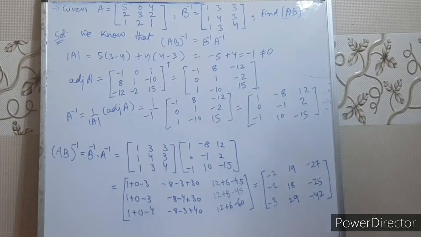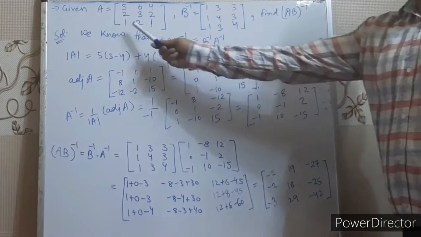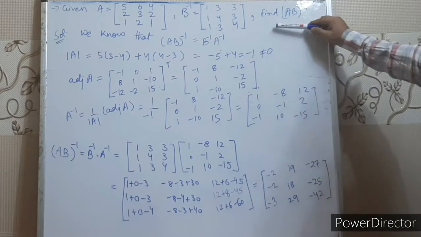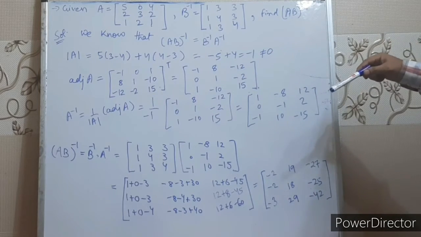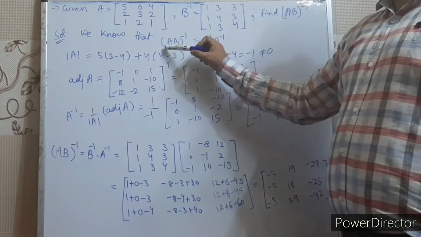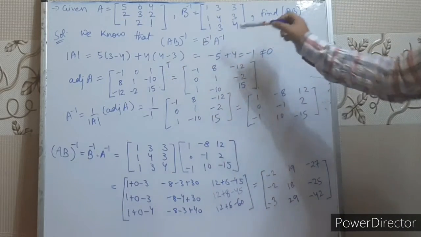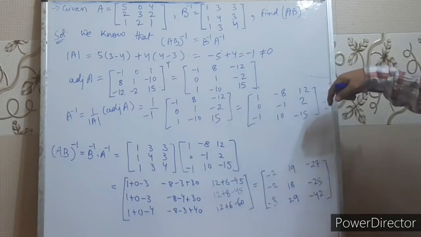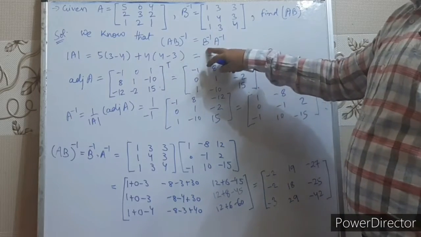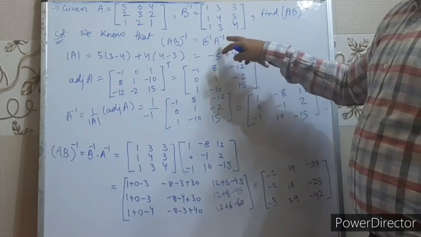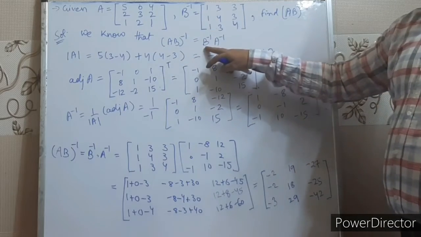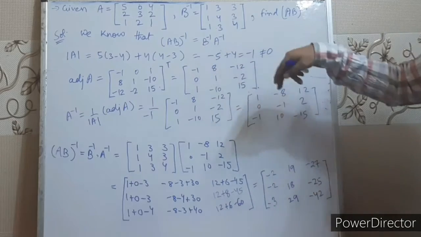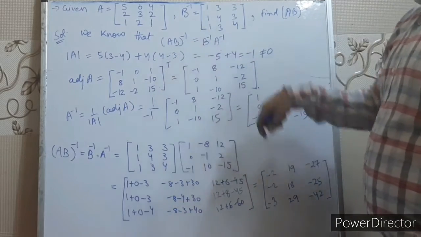Okay, moving towards the next sum. Here it is given that matrix A and B inverse is given and we have to calculate the value of AB inverse. Now children, we have studied in the last theorem that (AB) whole inverse is B inverse into A inverse, and today we are going to apply this theorem. (AB) inverse equals B inverse into A inverse, right? Now the value of B inverse is already given. We have to calculate the value of A inverse, and when we substitute and multiply B inverse into A inverse, we get the value of (AB) whole inverse, right?